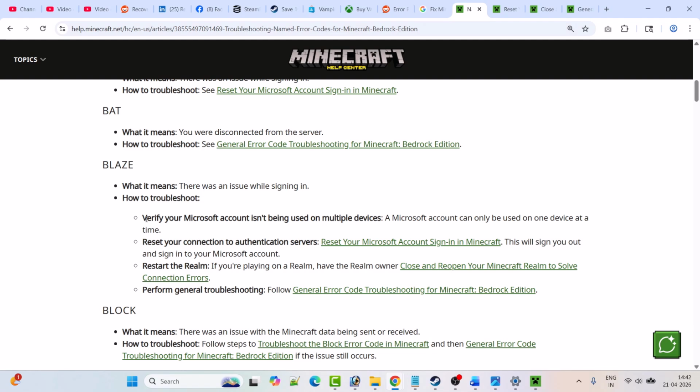So the first fix is to verify your Microsoft account isn't being used on multiple devices. A Microsoft account can only be used on one device at a time. So please make sure that your Microsoft account isn't used on multiple devices and then check if the problem is